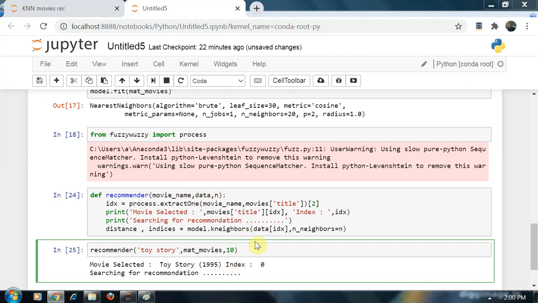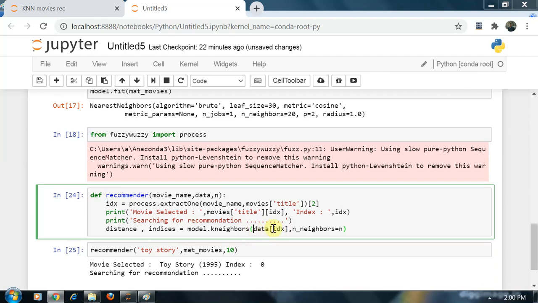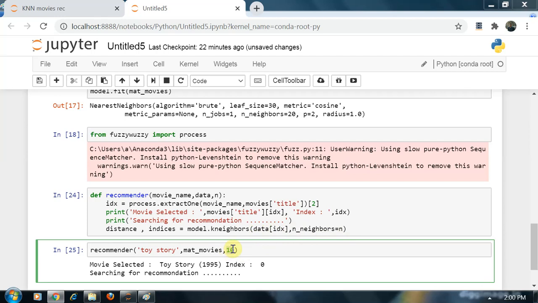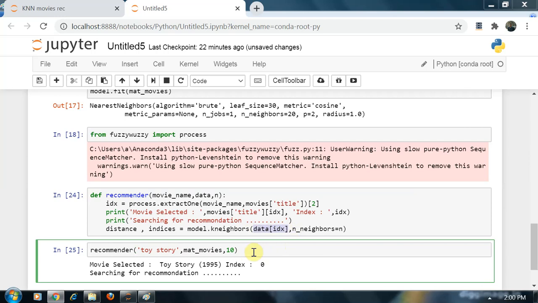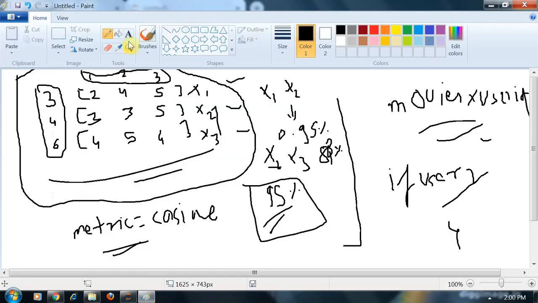So we are looking for this index in our data, and I have assigned the n neighbors to 10, meaning we are looking for the 10 nearest neighbors of this data, which have the 10 nearest cosine similarity. Okay, what I am doing here, I'll tell you. If you don't understand, I'll tell you.